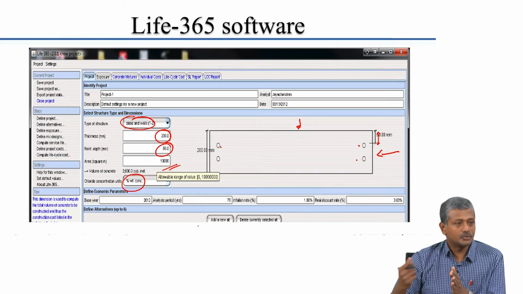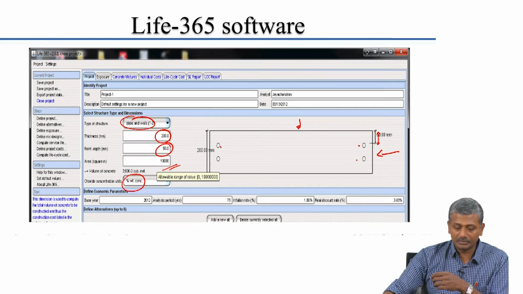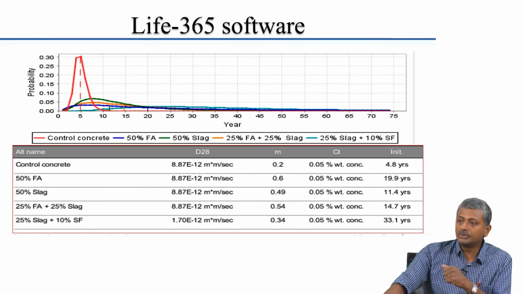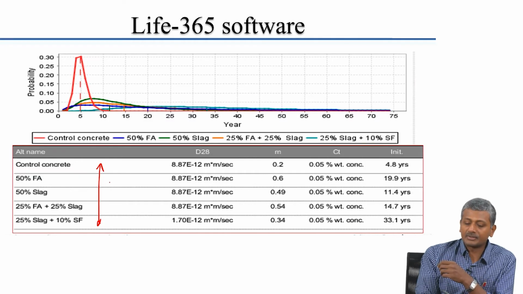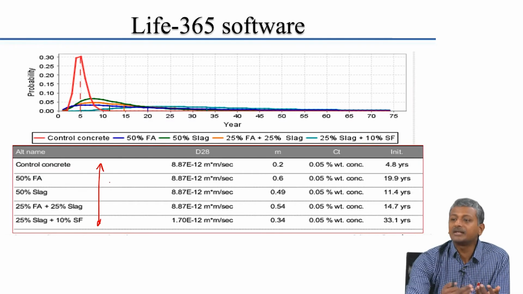In a soil, you can assume it will happen over several years, and only after that will you have the real increase in the process of diffusion. So, based on that, you can investigate the potential for different types of binder systems. The software allows you to test your predicted service life for different types of binder systems, because when you